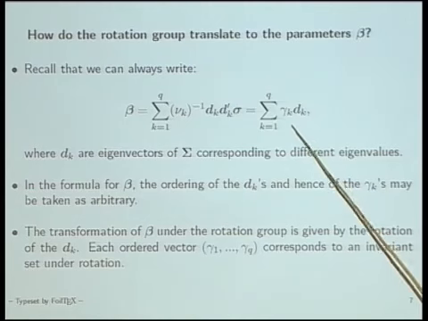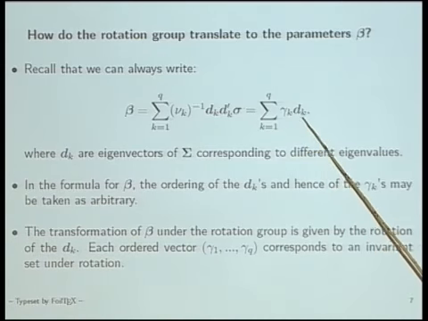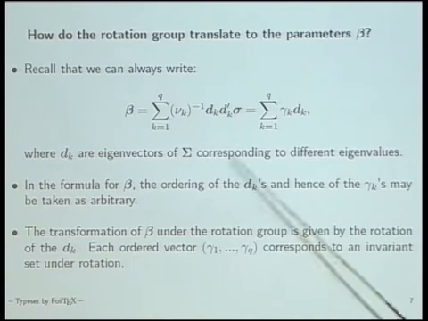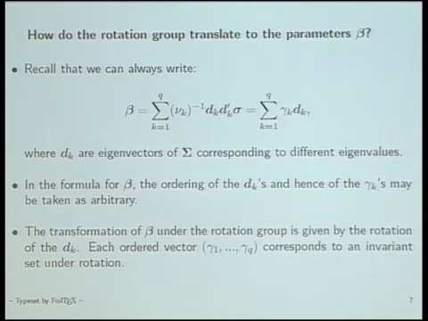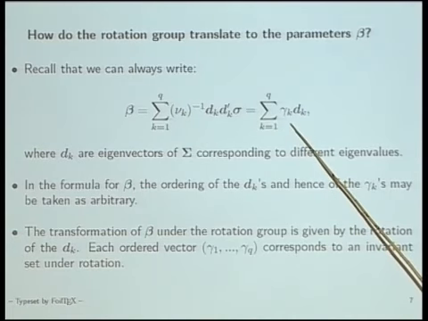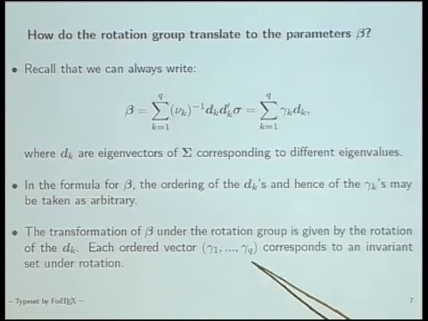So in general, we have linear combinations of gamma k, d k, and the d k's are eigenvectors of sigma. And in this formula here, the ordering is of course arbitrary. The transformation of the rotation group is some way of finding the right group, but the result of that is that each ordered vector gamma 1 to gamma k corresponds to an invariant set. So we have too many invariant sets,